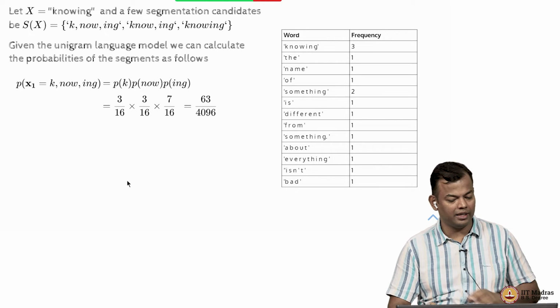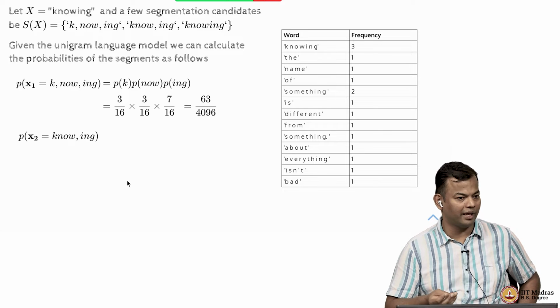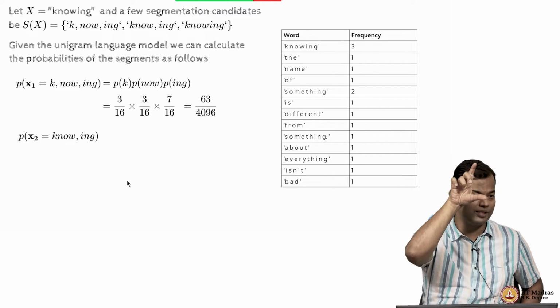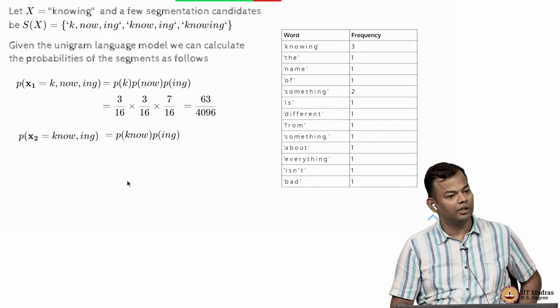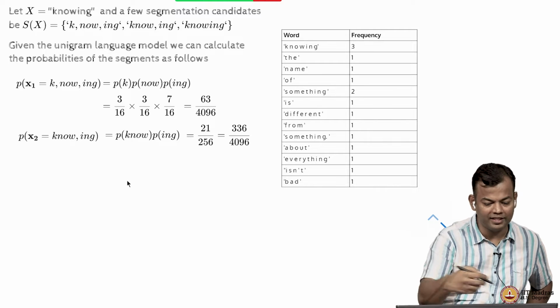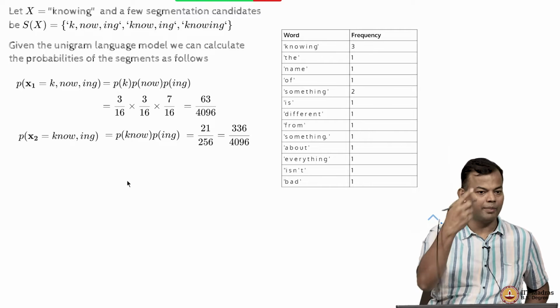So this would just be this. The next segmentation was no comma ing, in which case your sequence is no comma ing. So you're talking about the same word x, but a different segmentation. In this case, the probability is 336 by 4096, clearly better than the previous one. If I just had these two candidates, clearly the second sequence is maximizing the probability of the